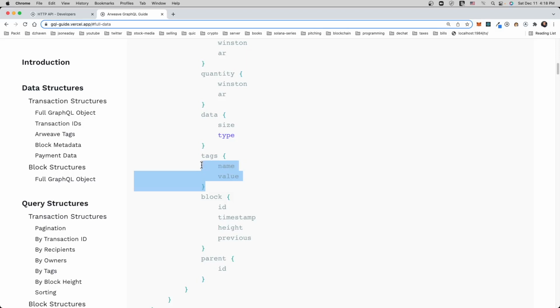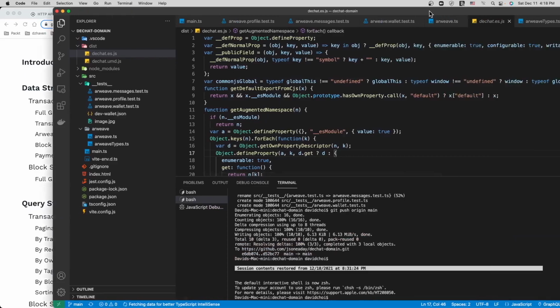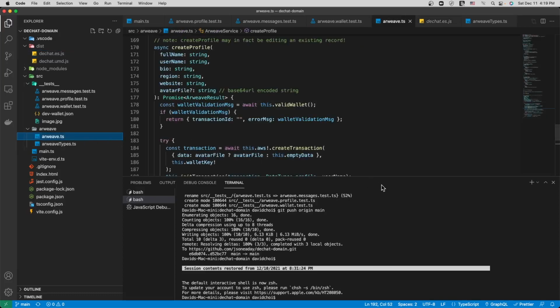So what you have to do is create custom tags and query based upon those tags. So just to show you what that looks like. Now this, I'm going to get into more detail in my next video, which will discuss the JavaScript API implementation. But just to show you what I mean,